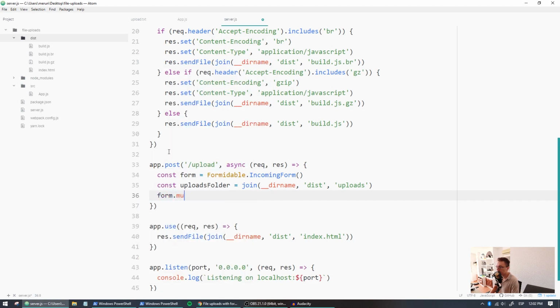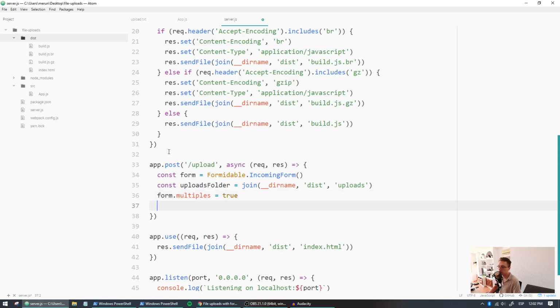We need to say form.multiples equals true. That's to allow multiple files to be uploaded. Otherwise, you will only receive one. You need to apply this if you want multiple files, of course. Form.maxFileSize. We need to set up a maximum because we don't want people to upload unlimited sizes. You may receive files that are gigabytes in size, so you don't want to store those massive files in your server. So we say 50, 1024,